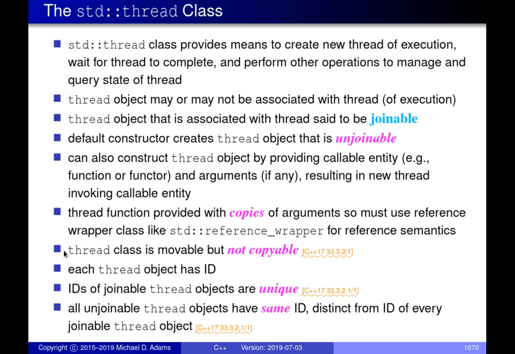A little bit more about the thread class. The thread class is movable but not copyable. You can't copy threads. What would the meaning of copying threads be? It's not really clear, so it doesn't provide any sort of copying operation, but you can move them. Each thread has an ID, which is unique. Every joinable thread has a unique thread ID to distinguish between the different threads that are potentially executing different code. There's also a special value for the thread ID for a thread that's not joinable, one that doesn't represent any running thread of execution. So you can distinguish between these types of things based on thread IDs. And I think that's all I want to say for this slide. Any questions?